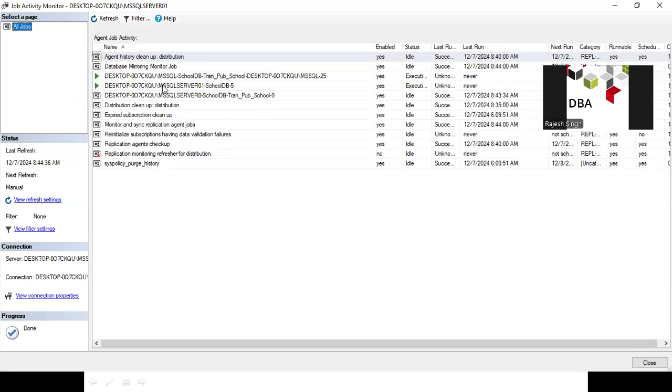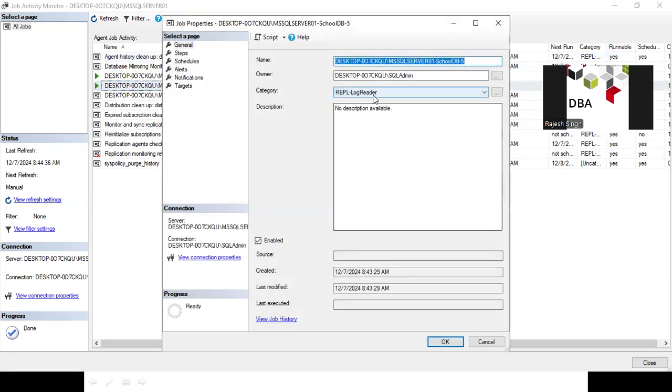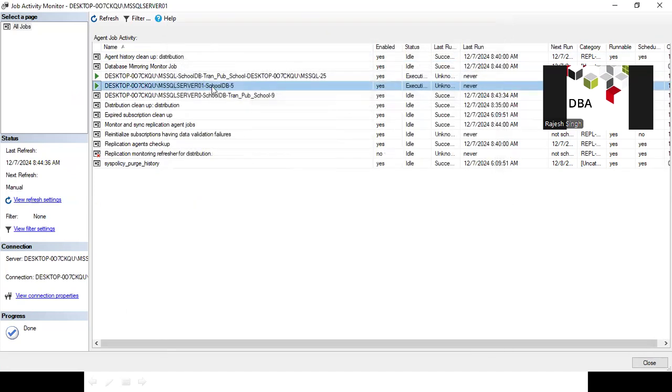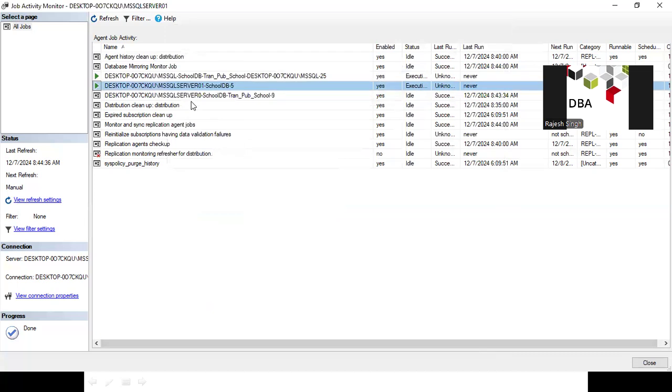If I check what the job is, go to the properties, and you can see this is a log reader agent. Basically, the log reader agent is reading your production DB, and the database name is also mentioned on the basis of the naming convention, SQL DB. So whatever transactions are happening in SQL DB, it will read.